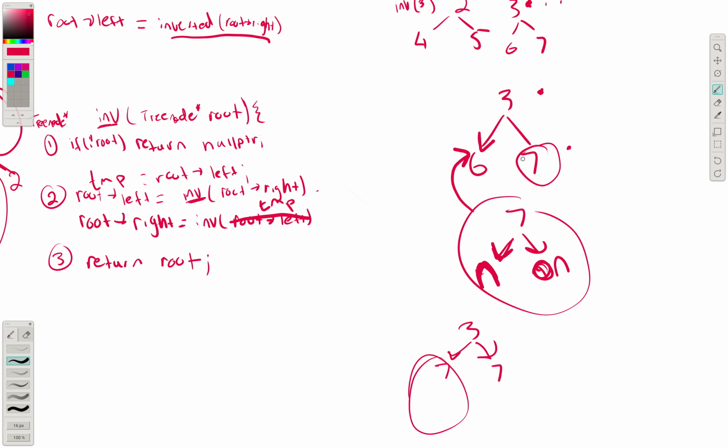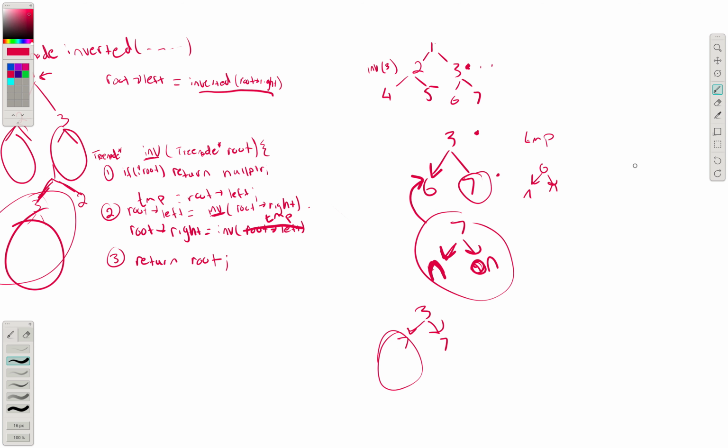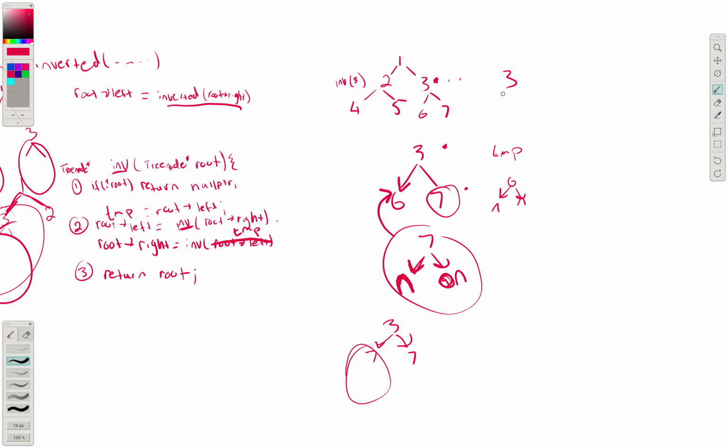So now if we continue, it's saying the right side gets the inverse of temp. What is temp? Temp equals 6 null null, and we know the inverse of that is just going to be 6. So then this has finally returned 3, 7, 6. By the time it gets to here, it's going to return the 3. Okay, so now we jump back to when 1 is the root,